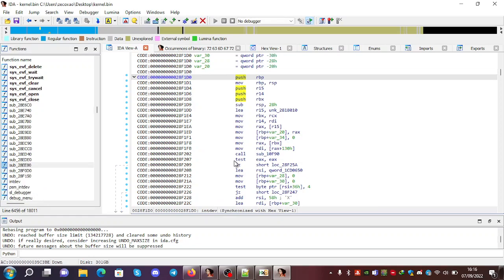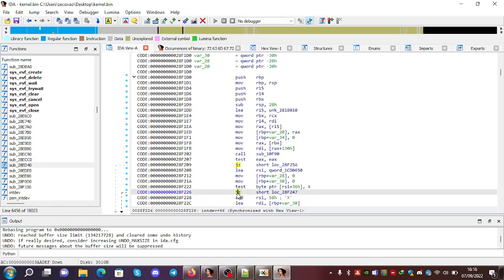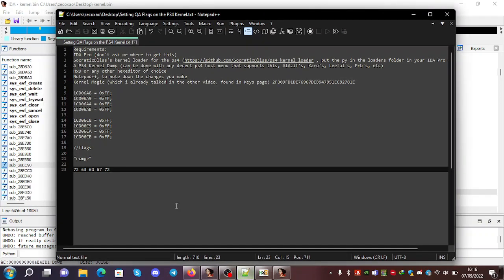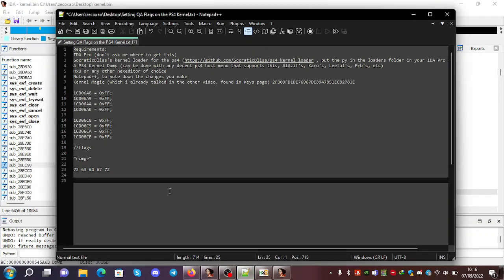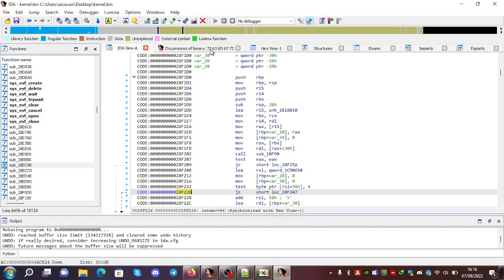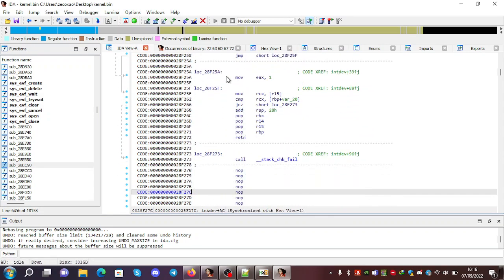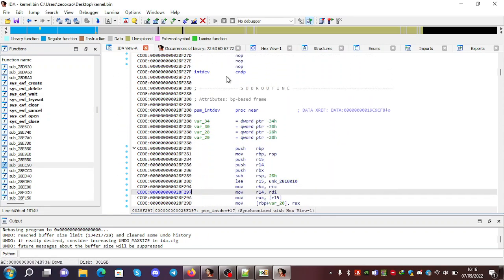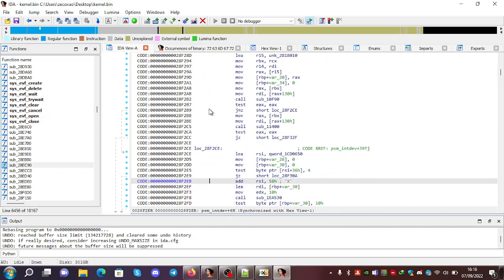Okay, so if you go here to the second JZ, we see it ends in 6, 8F226. So we note this down. So we go here to our Notepad and we put 28F226 will be equal to 0x1990. So we keep going to the bottom one, go to PSM int dev, we check the value, so we see